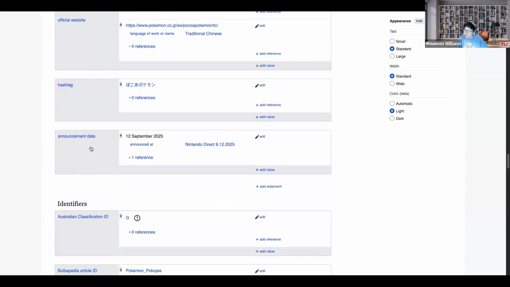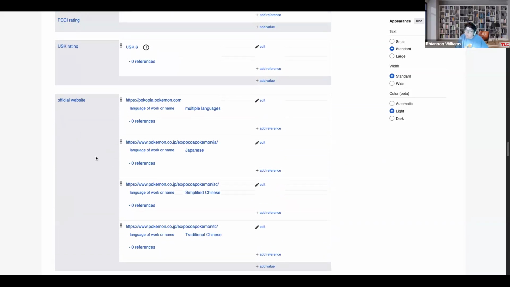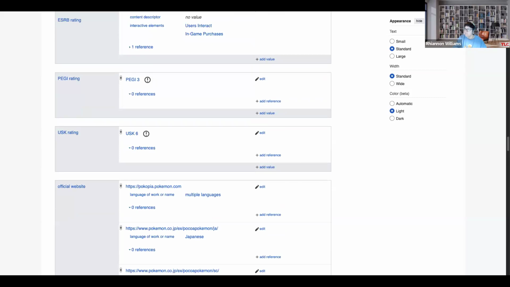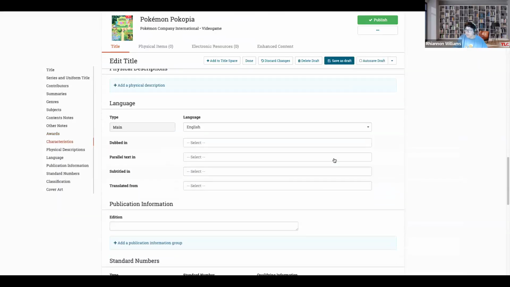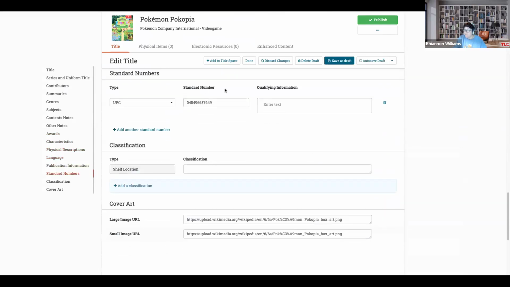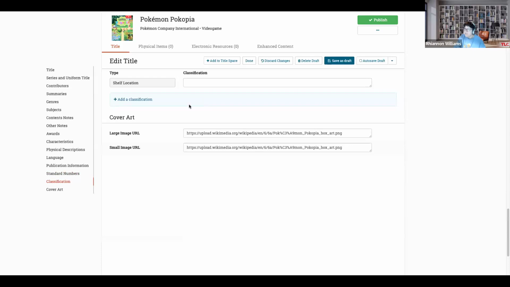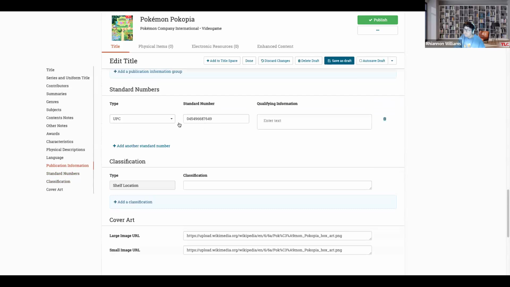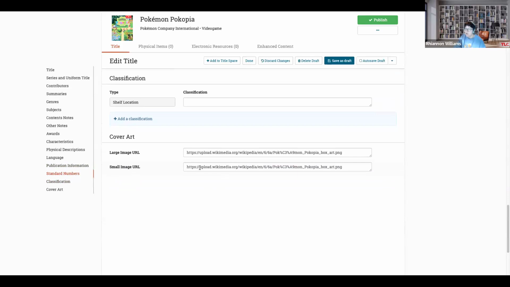And then also there's other information in here that you may want to add, whether some reference websites here to add into the bibliographic record for patrons who may want to find more information about this as well. And I did add the UPC for this particular material in here, my standard number. And because I wasn't able to get back a result from Syndetics for enhanced content on this material with a cover art, I did end up grabbing the image URL from Wikimedia for the cover art so that it